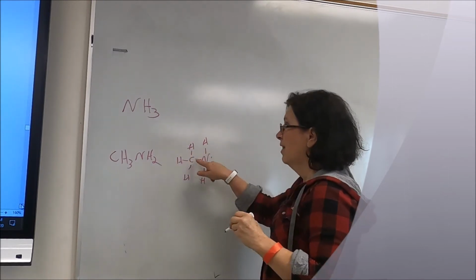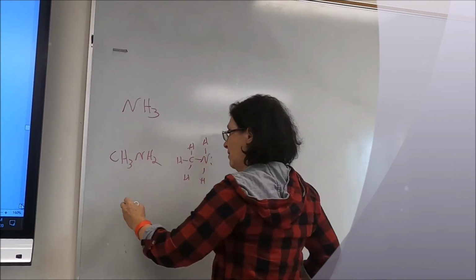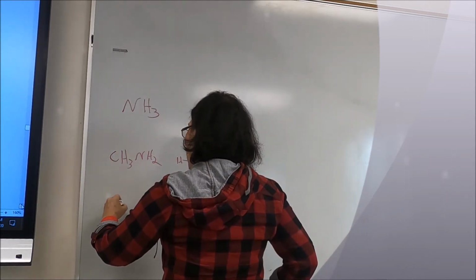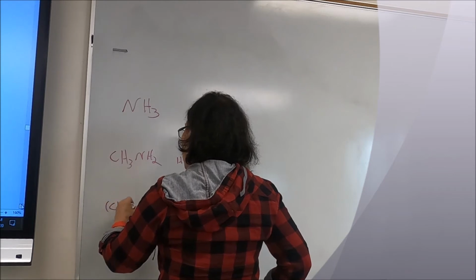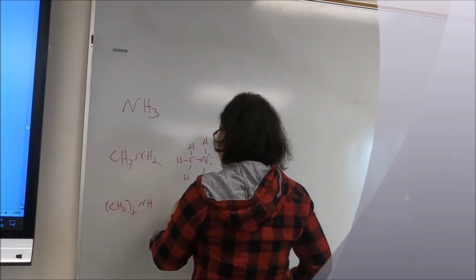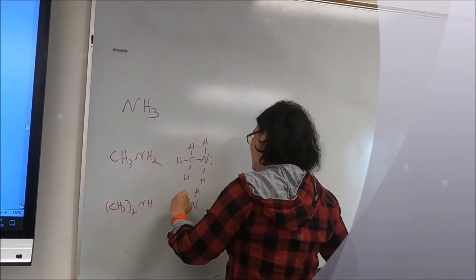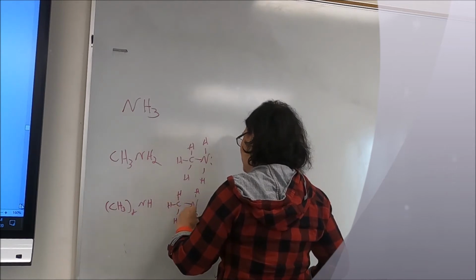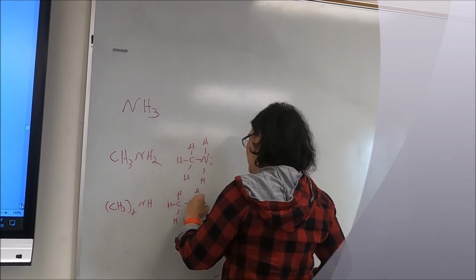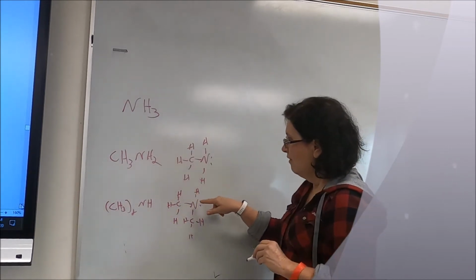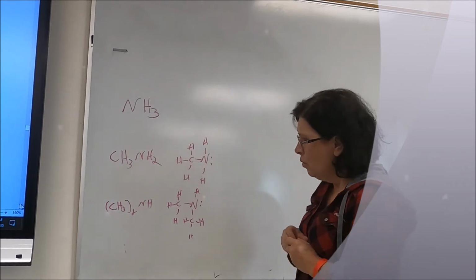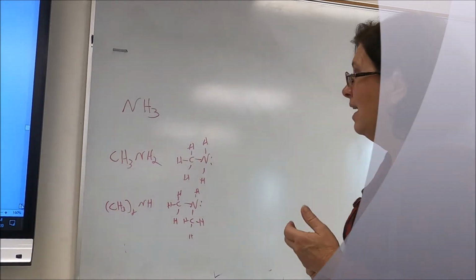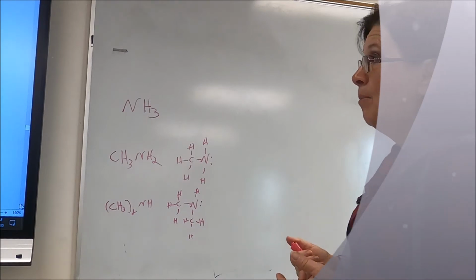Lone pair of electrons on the nitrogen, that's a base, a weak base. I could have CH3 taken twice, (CH3)2NH. As long as I've got that nitrogen with a lone pair of electrons, it's an amine